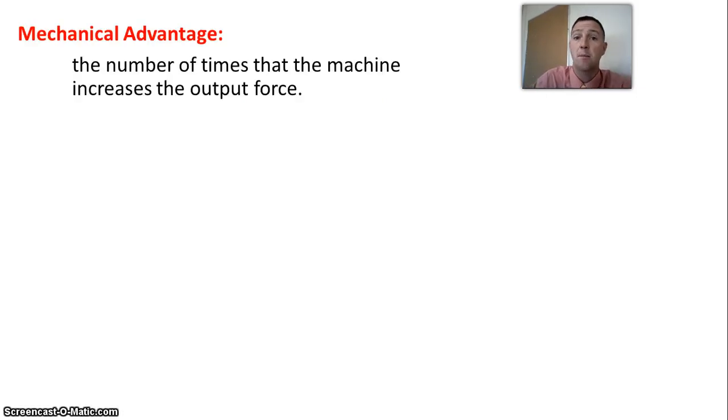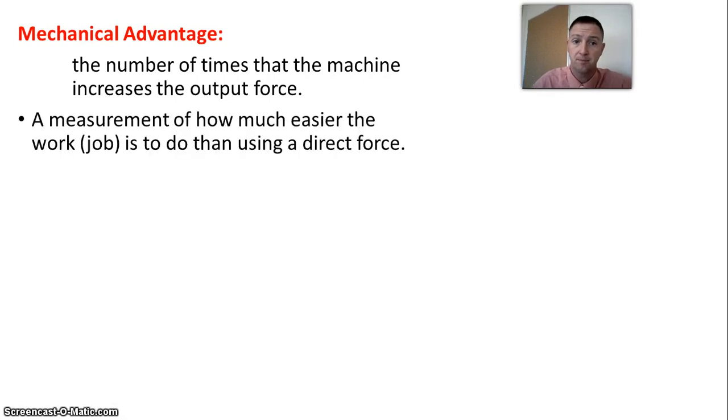Here we go. Mechanical advantage is the number of times that the machine increases the output force. All right? So it's a way of measuring how effective a machine is. What advantage does it give you? How do we compare machines? We're going to compare the number of times that the machine increases the output force. So it is a quantitative measurement. It's a number that tells us how much easier the work is to do than using a direct force. Okay, so if I just lifted it up, what's the advantage I get of using a machine to do the